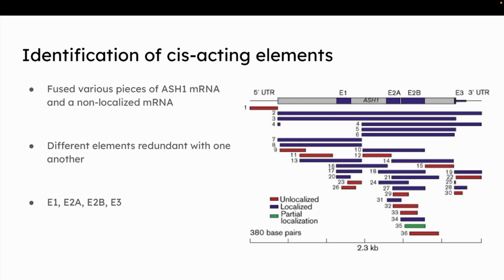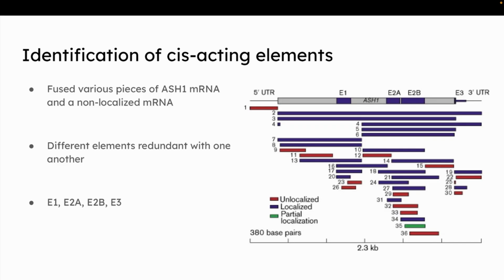And we can see all the charts here. And by overlaying everything, they could find that specifically E1, E2A, E2B, and E3 were the ones that were the most important. And they were also redundant, right? So you only needed one for localization. You can examine this graph. E1, if you draw a line down here, every single localized